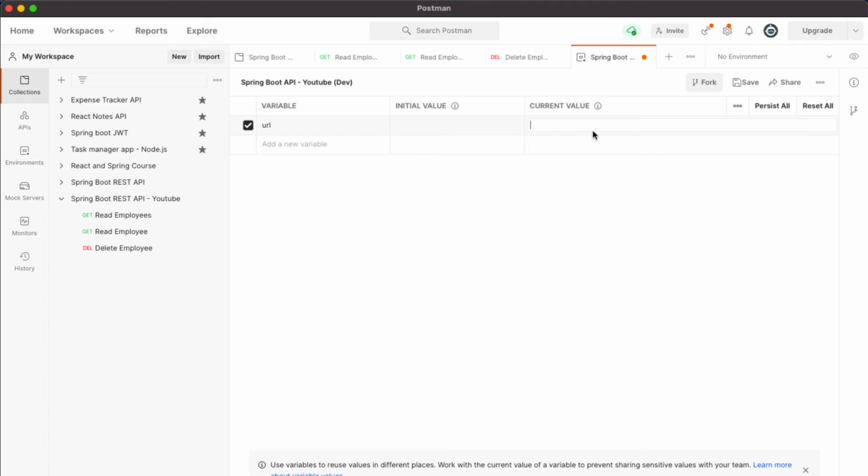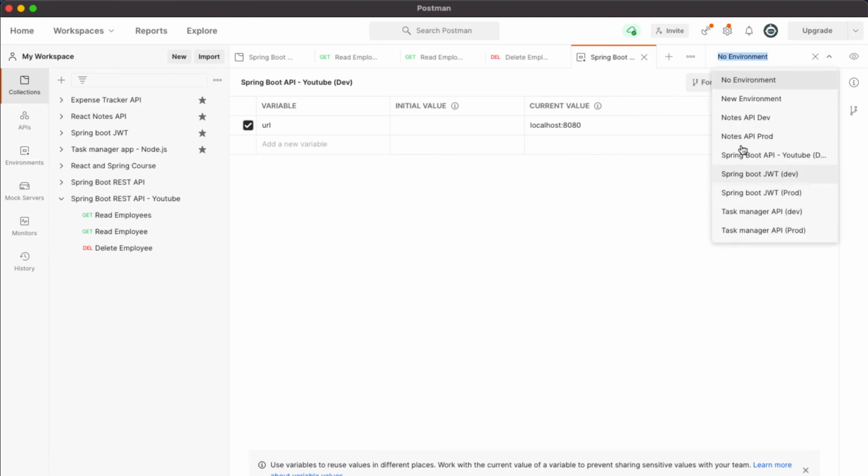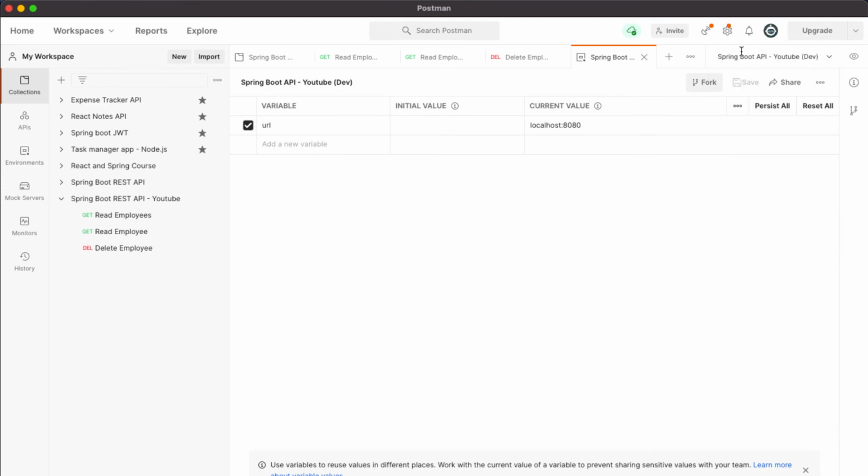So the current value, which is localhost colon 8080, this is our current value. So now go ahead and save this. So now if you click on this drop down, you can see a new environment which is Spring Boot API dev environment. Okay, so let's click on this. So now we are inside this environment.